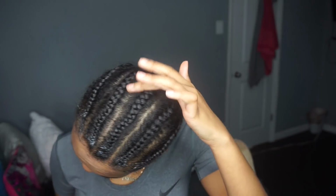Y'all see, it's been 2 weeks already, y'all, and look how my braids are all new growth. All right there, that's all new growth, y'all. But this is what I do. If you guys have me on Snapchat or anything, y'all gonna see how much my hair grew. But it's still a surprise for some of y'all who don't have me on Snapchat. But this is what I do in between my